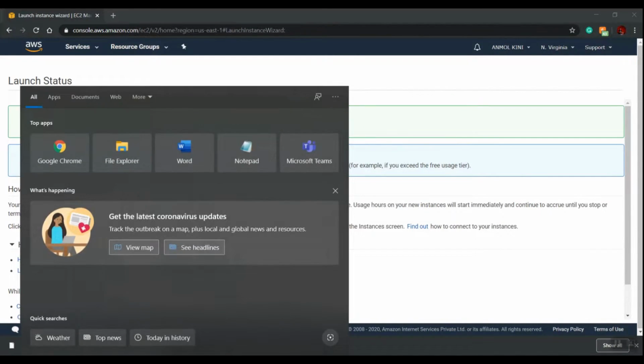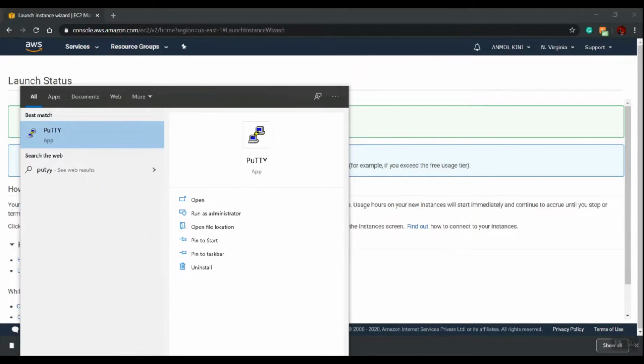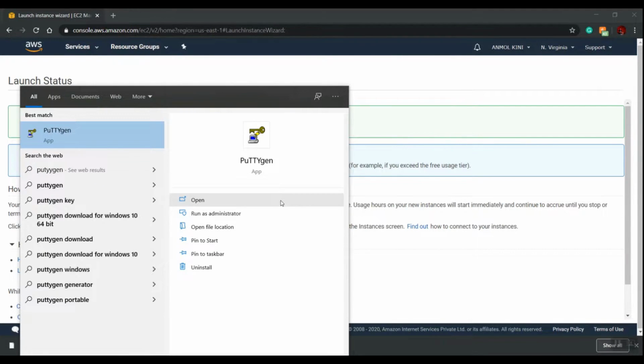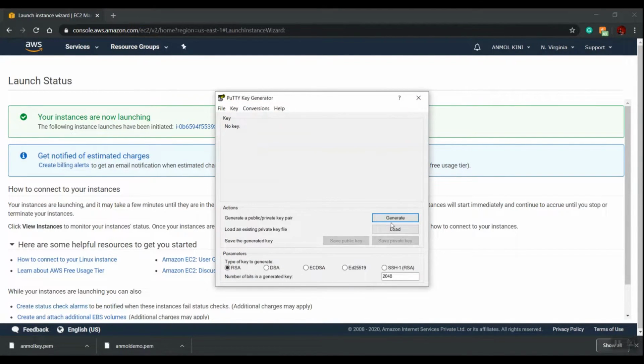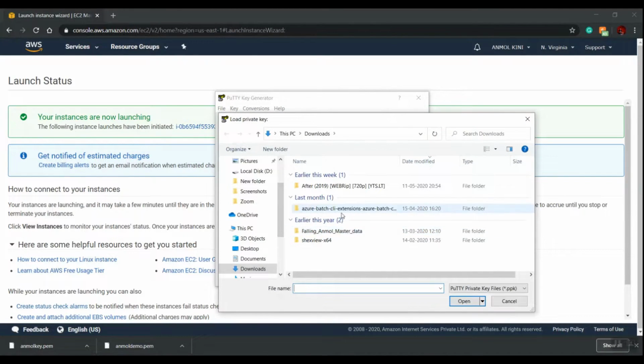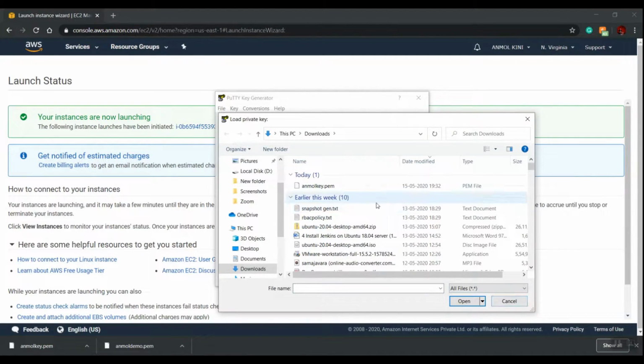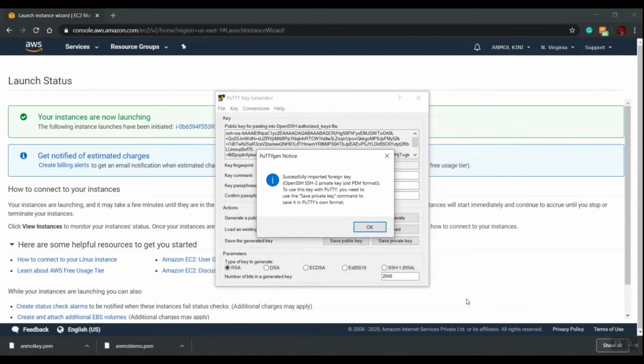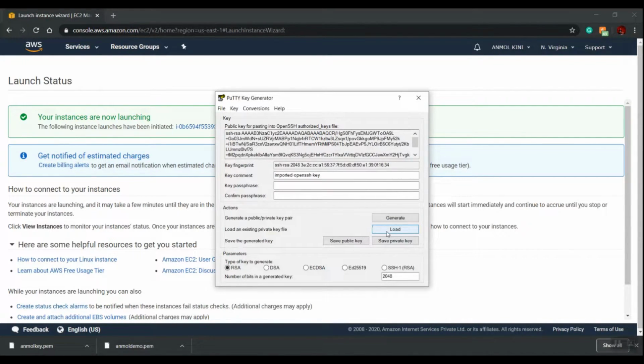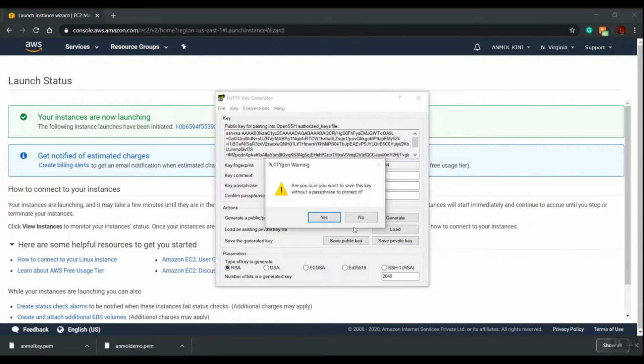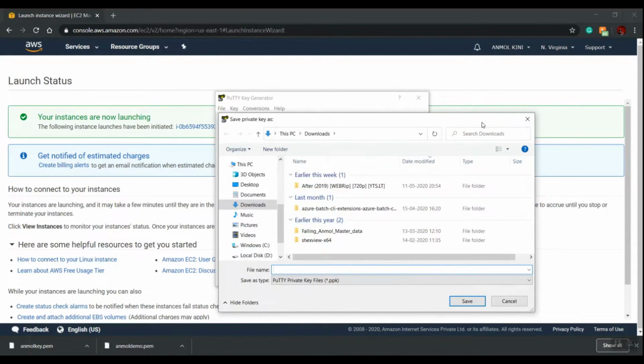Let us now go to PuTTYgen. PuTTYgen is going to basically allow us to convert the PEM file which we just downloaded into a private key. Click on Save Private Key and give your private key a name.